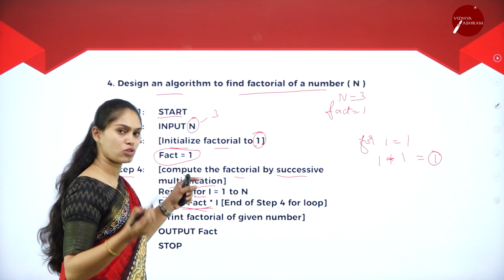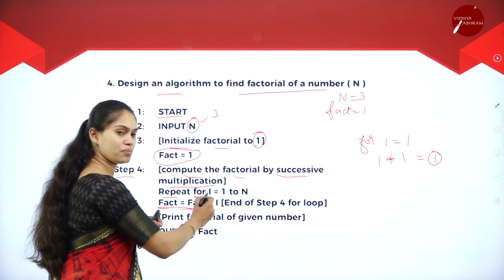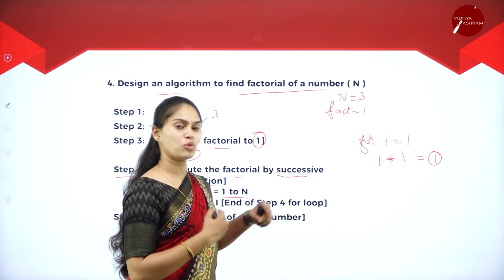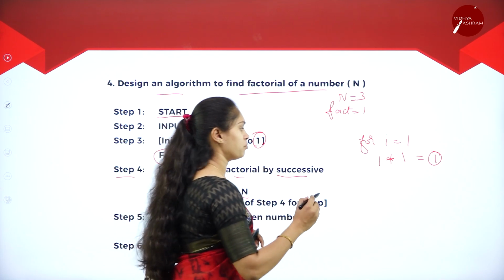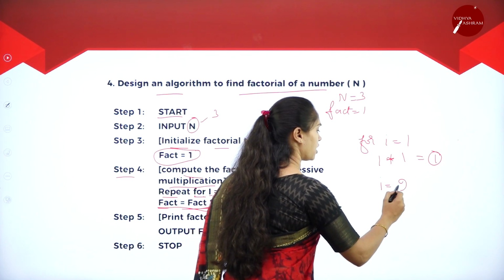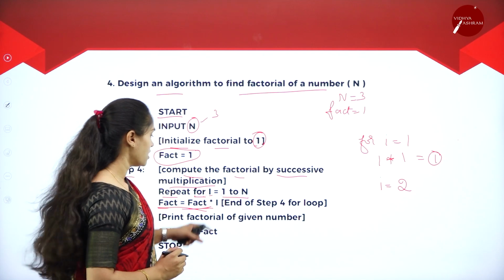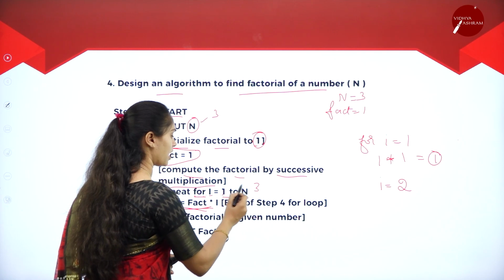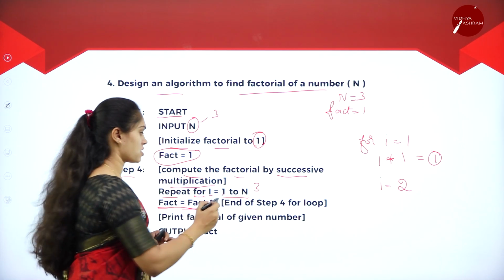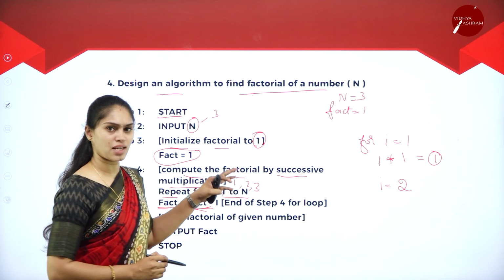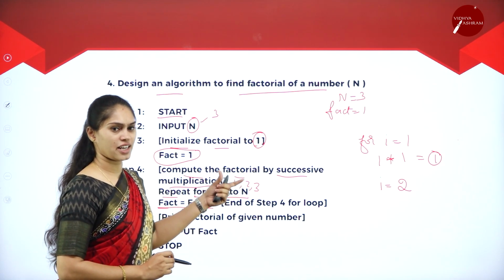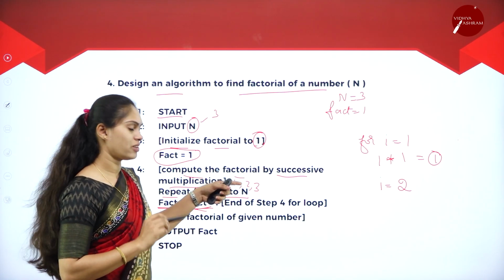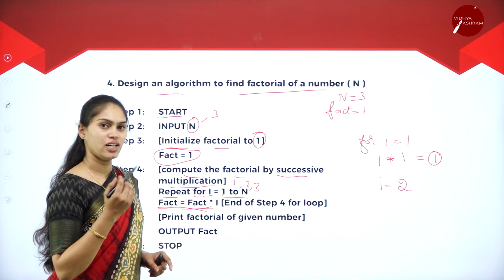Again, they have told that it is a for loop from 1 to n. Now I have covered only one step. So next I am going to increment I by 1. I will come to the next iteration, that is I is equal to 2. Because n value is 3, I need to take 3 steps: 1, 2 and 3. These 3 steps need to be followed. In each iteration I have to give the value for I, so I is equal to 1 one time, I is equal to 2 one time and I is equal to 3 one more time.